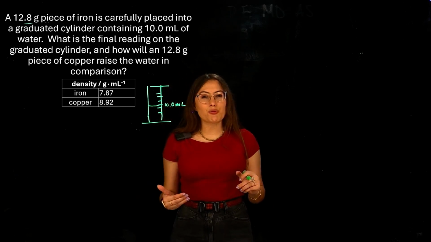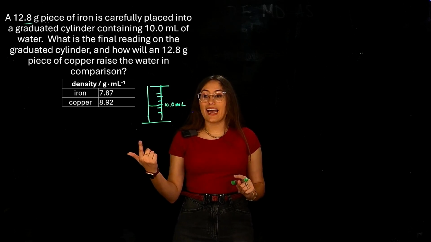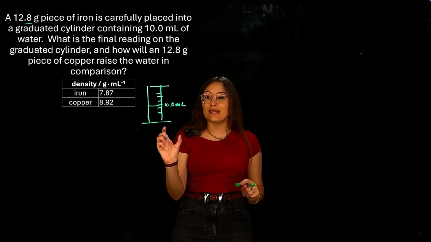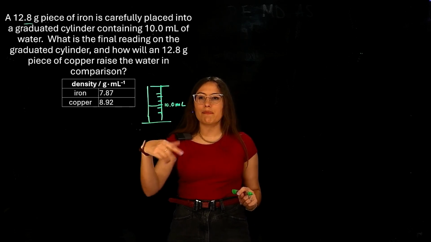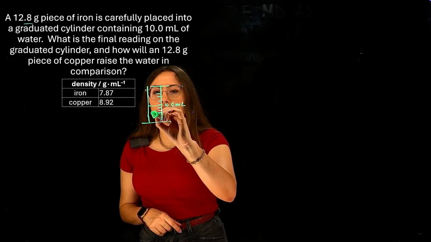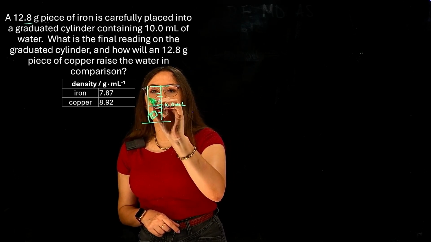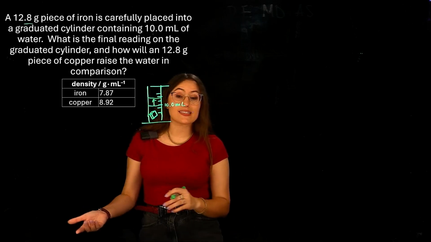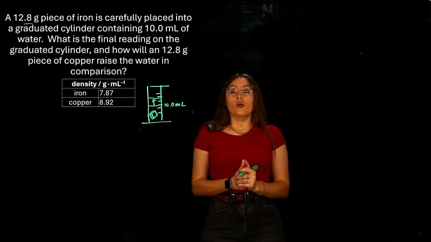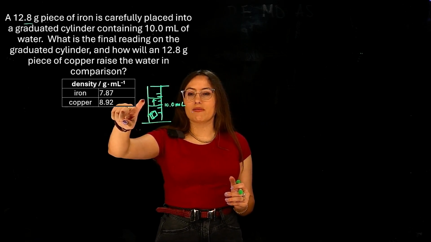So when we're approaching this problem, we want to think about a few things. What is the problem asking? The problem is asking what is the final reading on that graduated cylinder. So what happens when we place the piece of metal into the graduated cylinder? How will this water raise as a result of being displaced? We have to think about what that means, but we're looking for that final measurement value on the